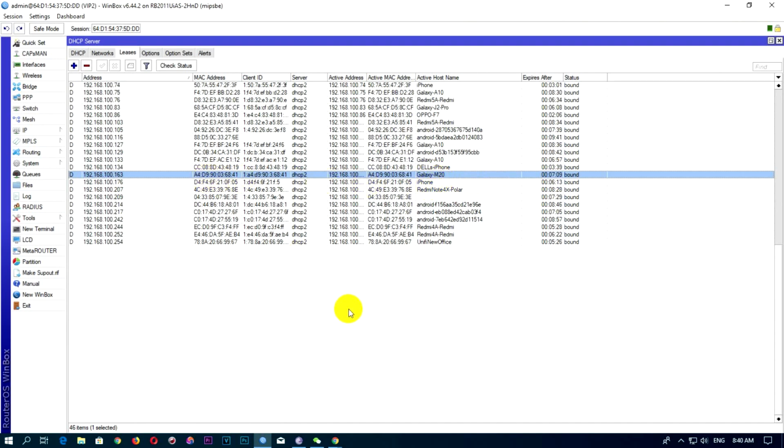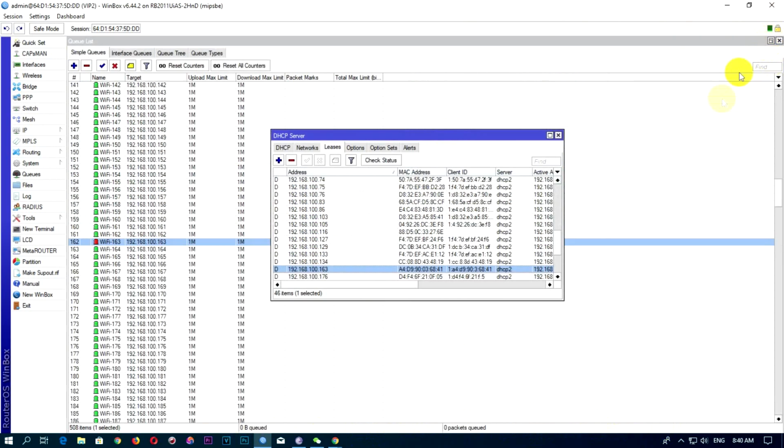It uses the internet too much. This phone, Galaxy M10, is using a lot. Okay, check on your speed. This is red, it means that this